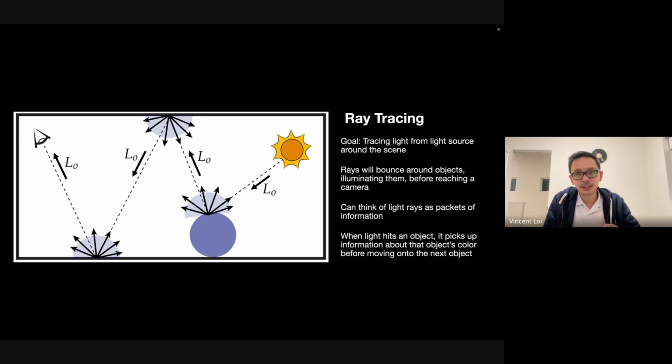Ray tracing means you're tracing the light from a light source, which is like the sunlight here. The sunlight reaches the surface, and then from the surface it bounces and continues until it reaches your eye. So that's how you trace the ray. But in real life, we are not tracing just a single ray, but millions, or I would say billions of rays in an image.